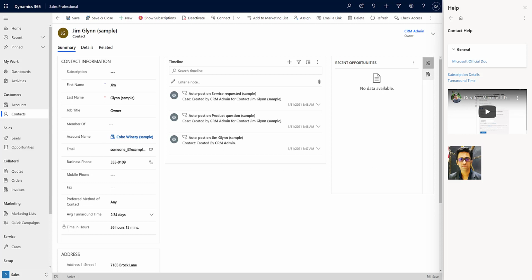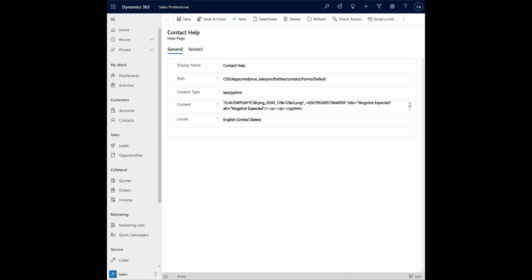Let's take a look at the metadata aspect, or what a help page record looks like. In Dynamics 365, this is what a help page looks like. You can do an advanced find and you should be able to see for yourself what records are created. When I created the help page, this particular contact help page was created, and it will define which entity this is for.